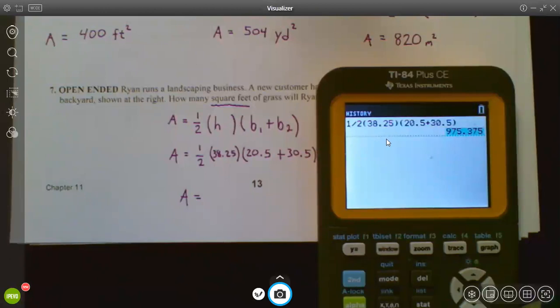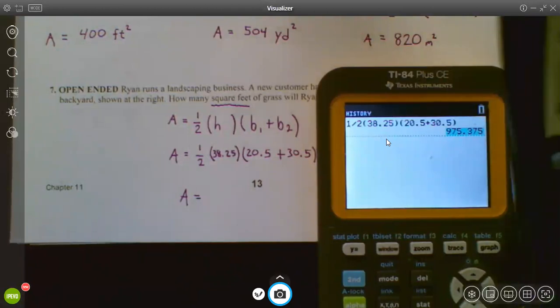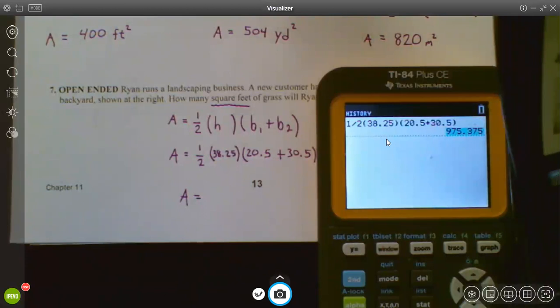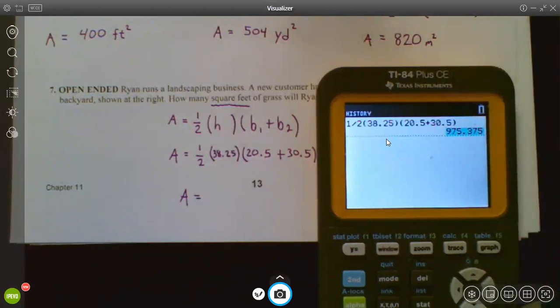Maybe I can see what's different about it. 38.25 instead of 38.5. That makes sense. That's why